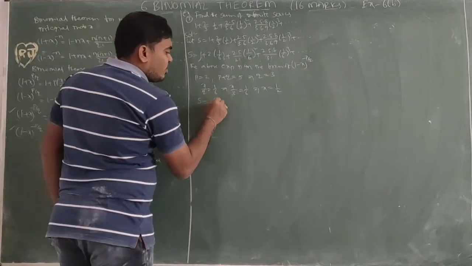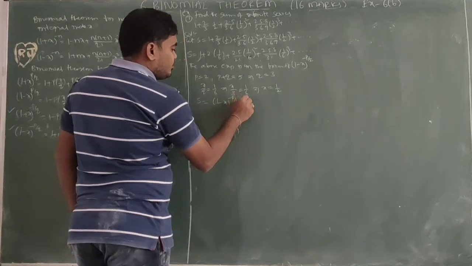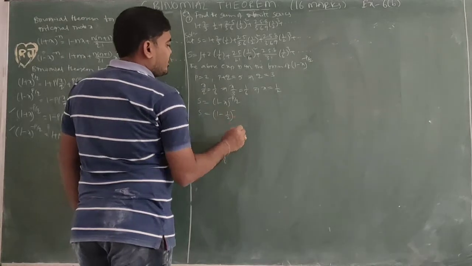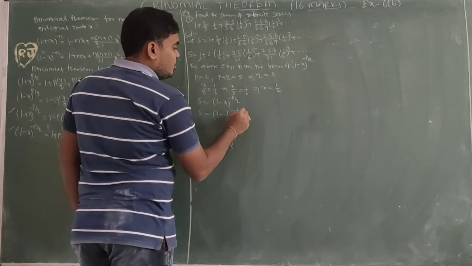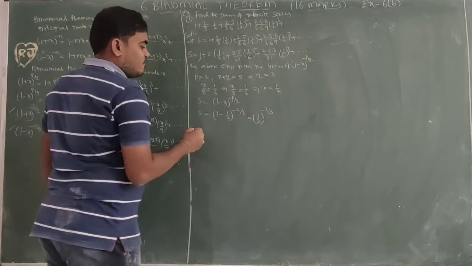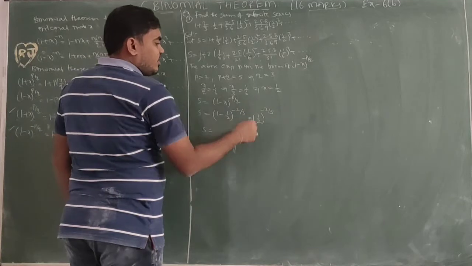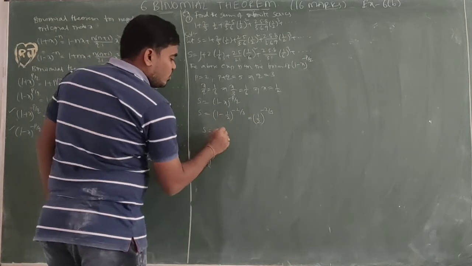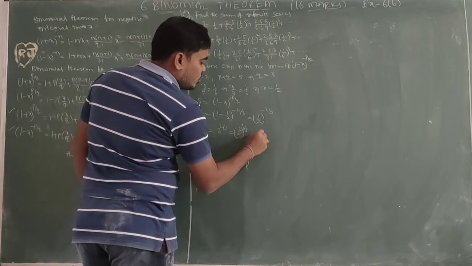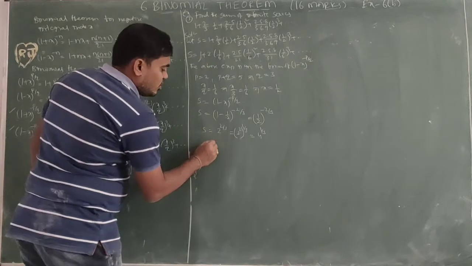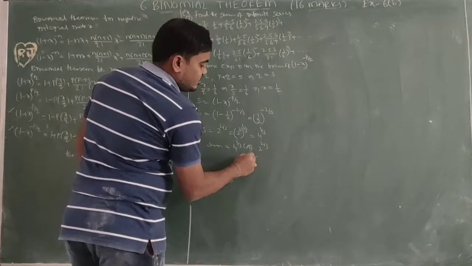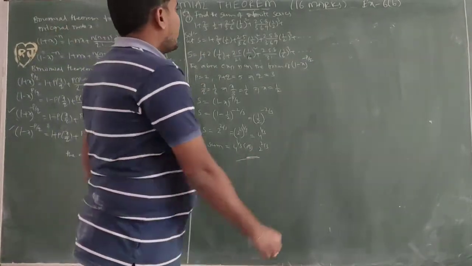S equal to the formula (1 minus x) whole power minus p by q. So (1 minus 1 by 2), that is (1 by 2) whole power minus 2 by 3. So S is equal to, it will be reciprocal, 2 power 2 by 3, which is (2 square) whole power 1 by 3, 2 square equal to 4, so 4 power 1 by 3. So the infinite sum is equal to 4 power 1 by 3 or 2 power 2 by 3. This is the solution.